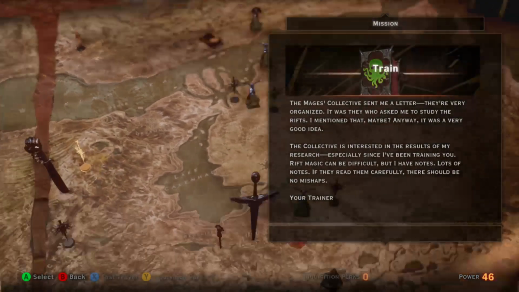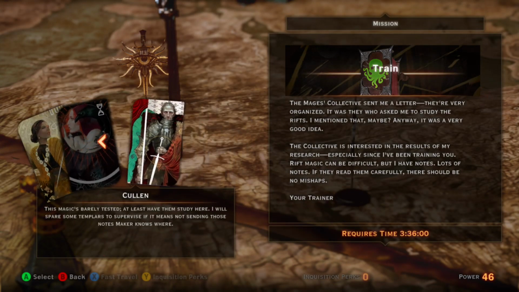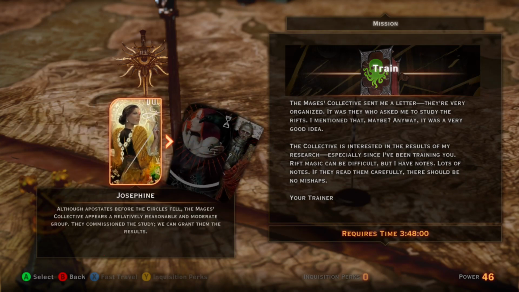Alright, train. Here we are. I should have looked near Skyhold first, obviously. So I do need a little time. Apparently, at the beginning of next session, I will be able to spend my points. There's our question answered. So, in order to train with a Rift Mage...